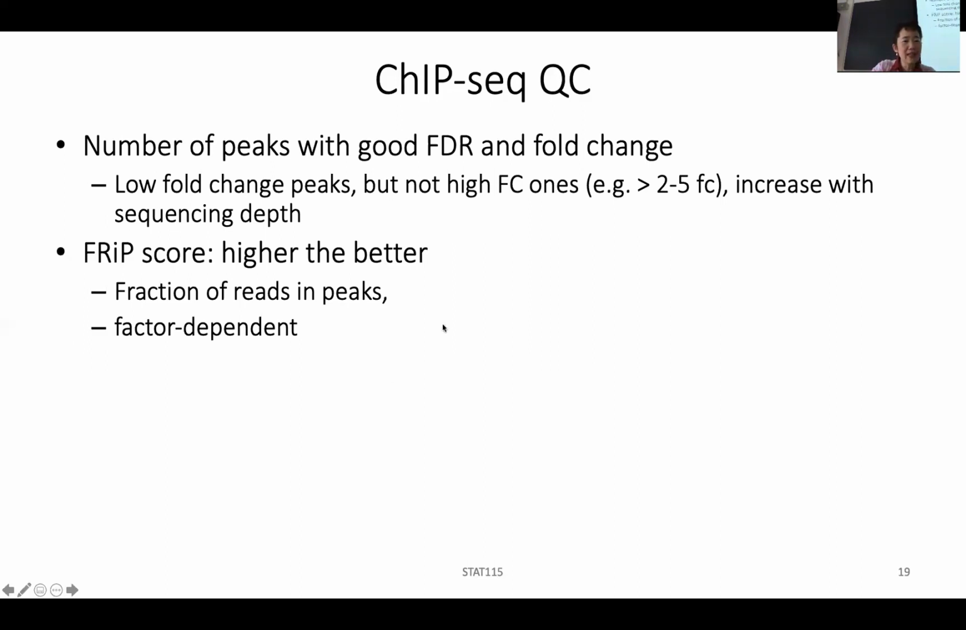Another useful indicator is called the FRiP score. This is the fraction of reads in peaks. You remember we said when you do the ChIP-seq experiment, there are some random things that are just non-specific binding to the antibody, or they are stuck on the bead or the tube. It's fairly often. And so at the end, after you call the peaks, you say, okay, I do 2-fold change and FDR, I call 3000 peaks. You ask how many reads really land in those peak locations